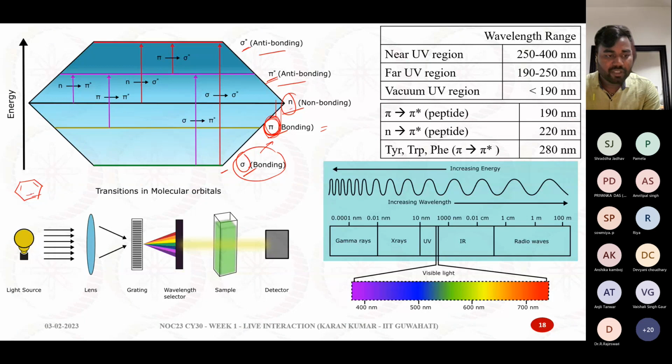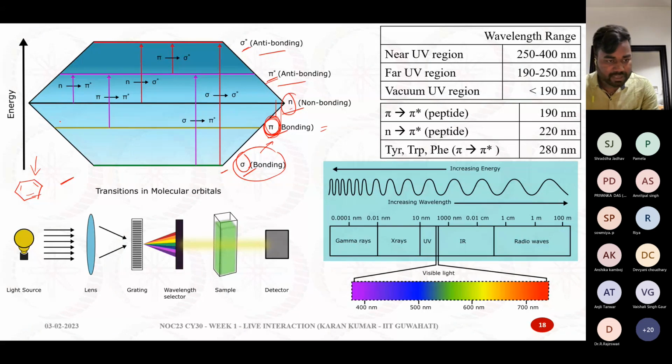The filling of electrons is also important, in which orbital these electrons are present. A sigma bond usually exists in the sigma bonding orbital, and the pi electrons are present in the pi bonding orbital. Now, because of the energy difference, what happens when